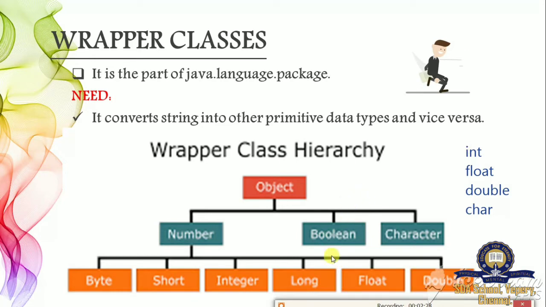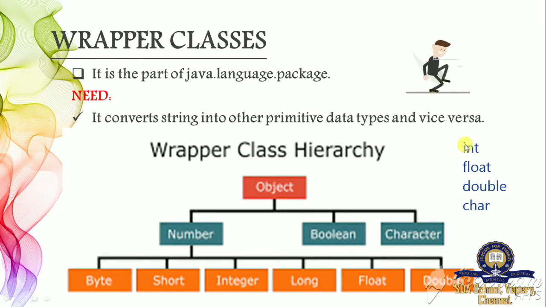Now see the names of wrapper classes and primitive data types, both having the same name. But see the first letter of primitive data types. All first letters are lowercase letters. But here all the first letters are uppercase letters. This is the main difference between primitive data types and wrapper classes. So a data type starts with lowercase letters, whereas its wrapper class starts with uppercase letters. Lowercase means small letters and uppercase means capital letters.